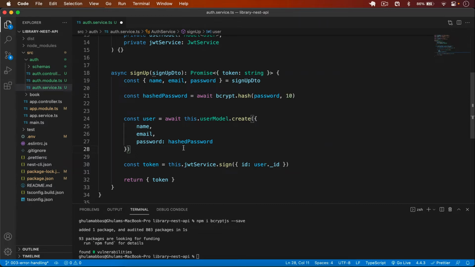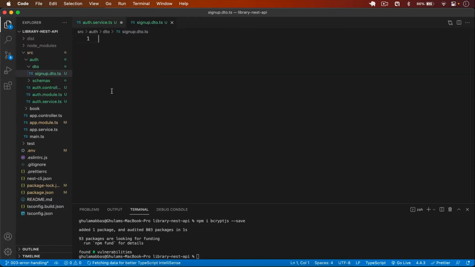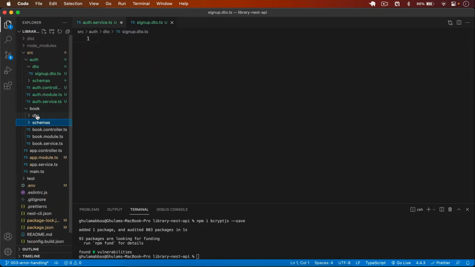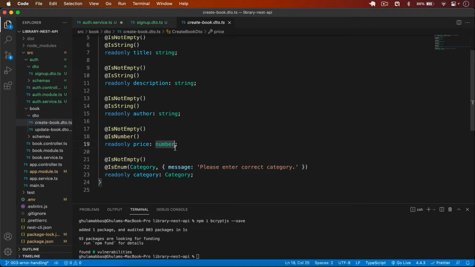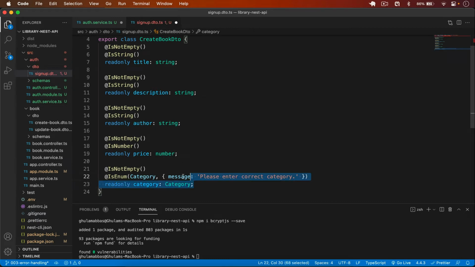Okay, and let's actually first of all create our signup DTO. I go to the auth, create here a DTO, and if you don't know about DTO and all this stuff, I have discussed all that in my previous videos. Make sure to watch those videos if you don't know. So I created a new file that is signup.dto.ts. So I actually just go to the book DTO to save some time, and copy this from here, put that here. I don't need here this part,